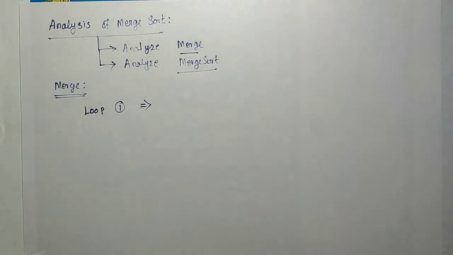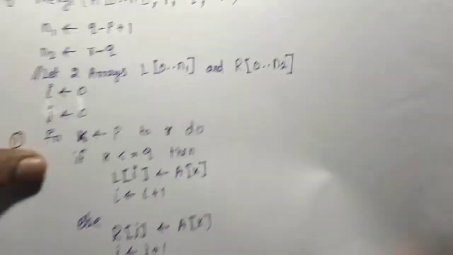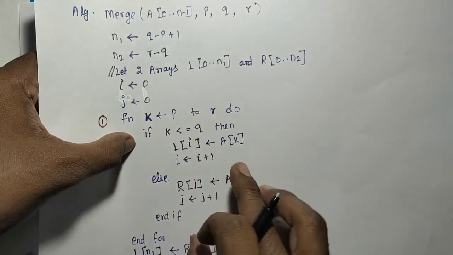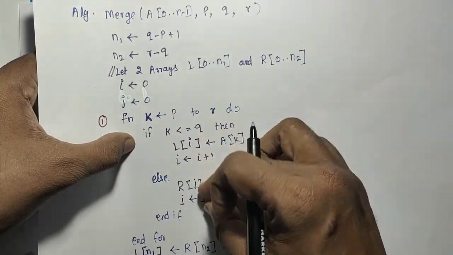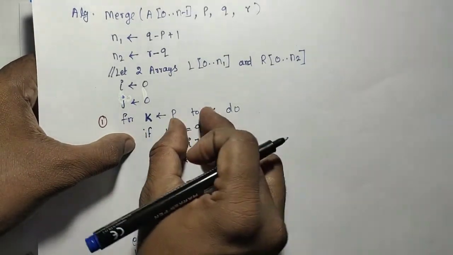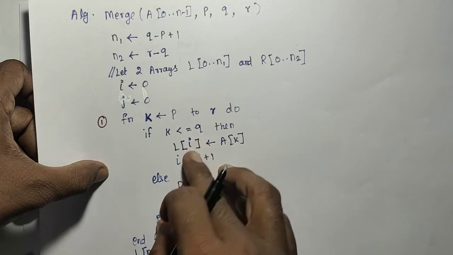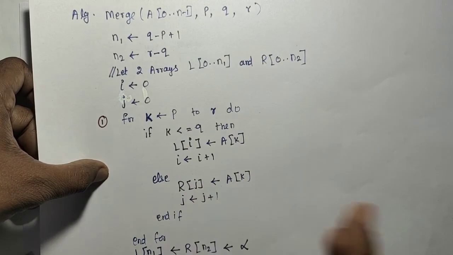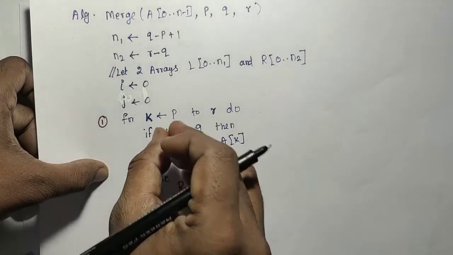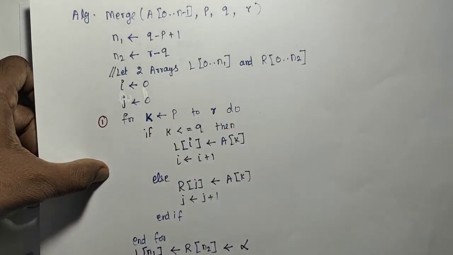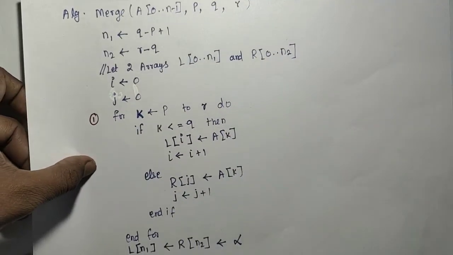Okay, number of iterations. So number of iterations in loop 1, how can we write? This is a for loop for k equal to P to R. So either this or this is going to happen. Correct? So the total number of iterations is this one. Also, this loop is not going to break due to some condition. So compulsorily that loop will be executed this number of times. So there is no worst, best and average case complexities. Everything will be the same.